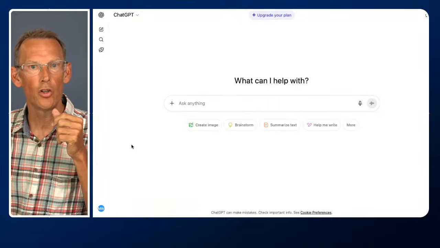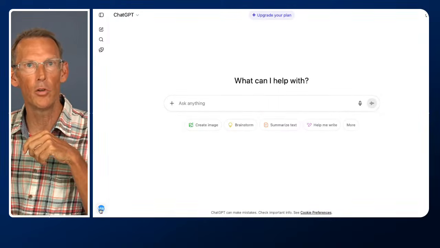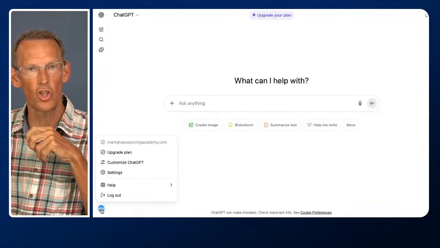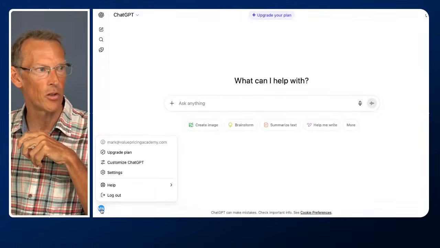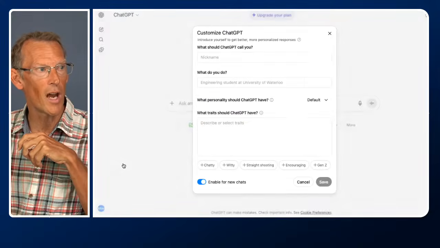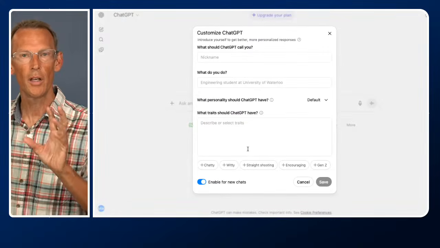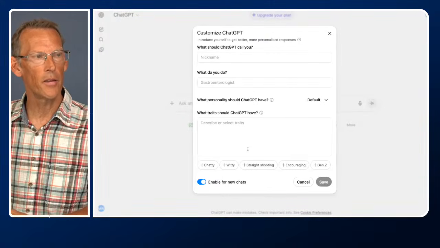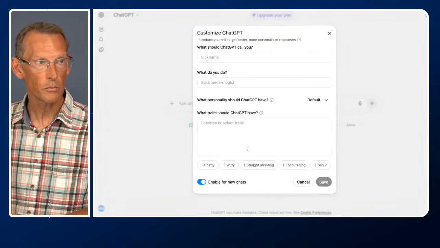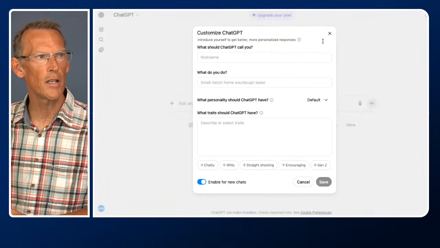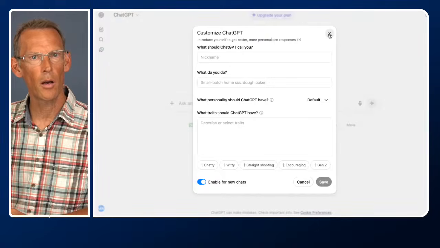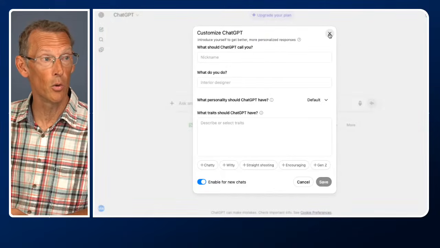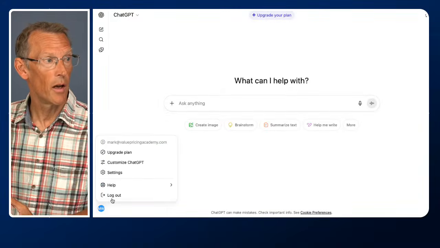And then you have your settings, and the settings has now been moved back down to the bottom left. And if you are new to ChatGPT, you would certainly want to check out the settings. Let me take you through some of them. So customizing ChatGPT is where you can create your custom instructions. This is where you can tell it how you want it to respond. This is where you can tell it something about you. I think this is really useful, but I'd also say it's for intermediate users. If you are a complete beginner, I wouldn't start here straight away. But if you're starting to use it more, I love it. It's a great feature. That's under customization.